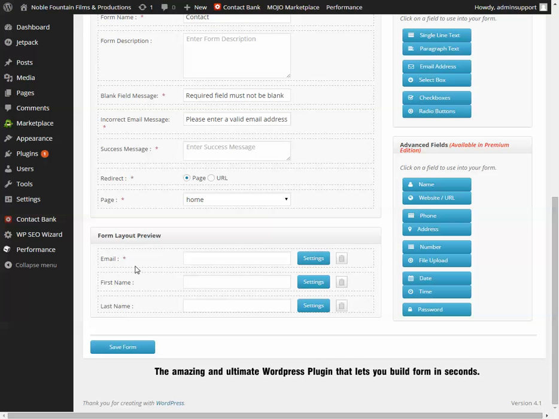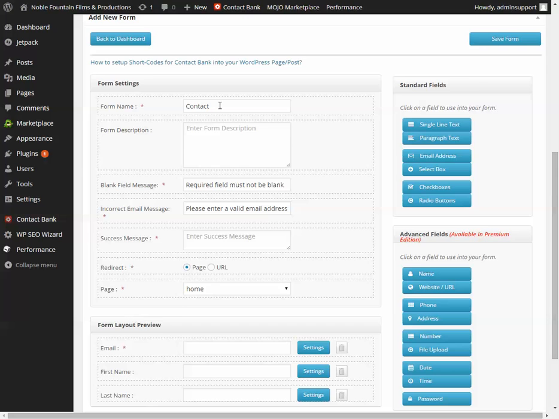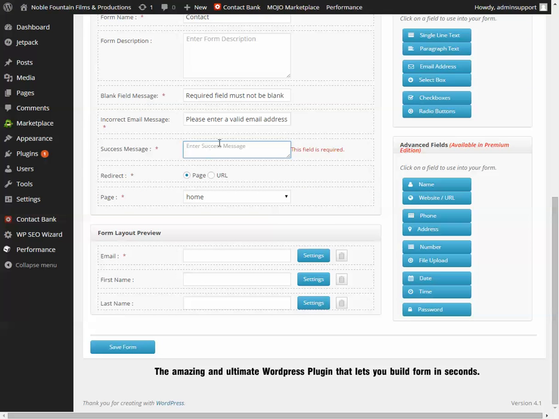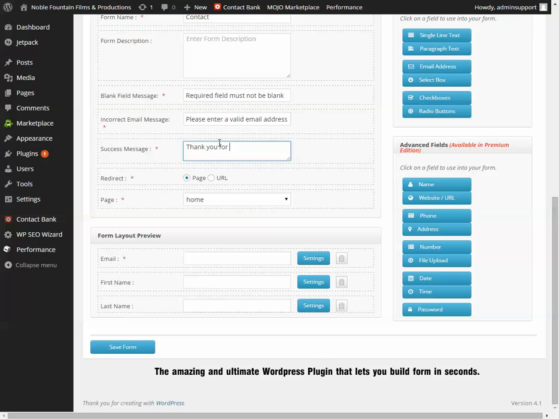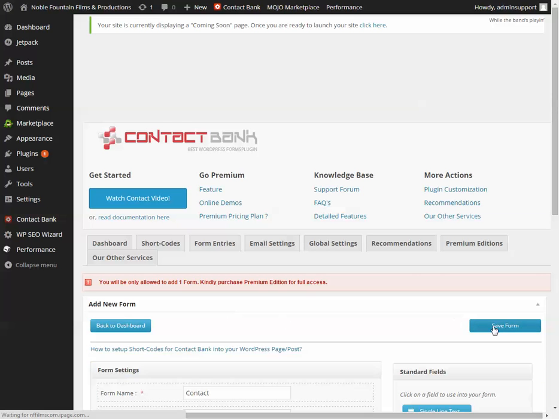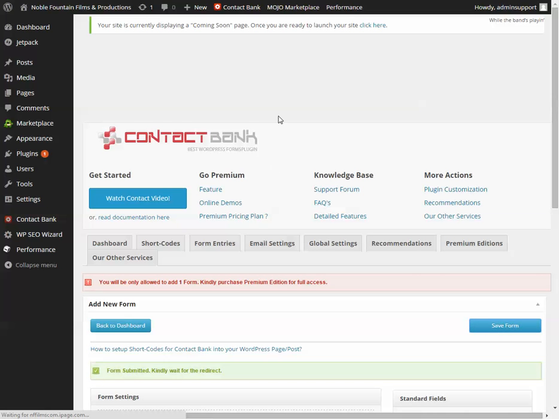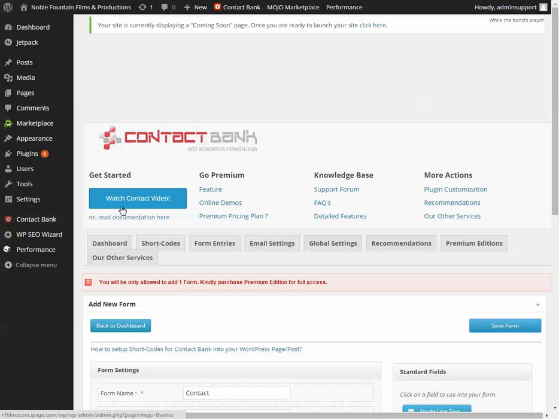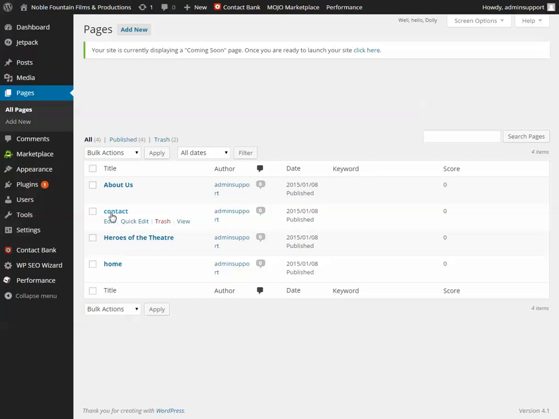Alright, so I'm going to save the form with just the email and the first two names, just so that we have something to put in. Success message is what they see after they submit, but before they get redirected. Okay, so I've saved the form. Form submitted. Okay, it says wait for it to finish. There we go. Now if we head back to Pages, edit the contact page,